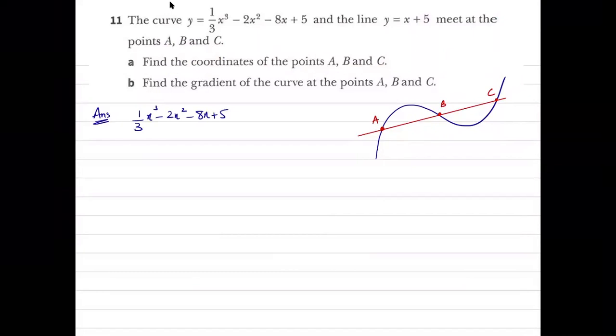So let's say if the cubic equation was being intersected by a quadratic curve, and let's say these are the points A and B, you are still going to equate the curves. Let's say this is y1 and this is y2, you're going to equate the two equations and then simplify. So the resulting equation will be a cubic equation itself. Now, the only difficult part over here is how to solve a cubic equation.